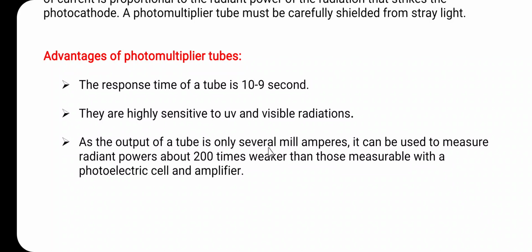These are the three detectors which are used in the colorimeter as well as the spectrophotometer. The photovoltaic cell and the phototubes are used in the colorimeter, while the photomultiplier tube is used in the spectrophotometer. So, friends, this is about the detectors used in the colorimeter and spectrophotometer. In the instrumentation parts 1, 2, and 3, we have discussed all the components of colorimetry.